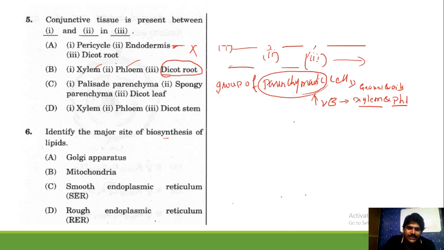Yes, it is found only in the dicot root, because the granules, the granular particles or oils, are going to be stored inside the dicot root itself. You cannot store them in the dicot stem. So the answer will be the second one. Then let's see what palisade parenchyma and spongy parenchyma, which are found in the dicot leaf, are.